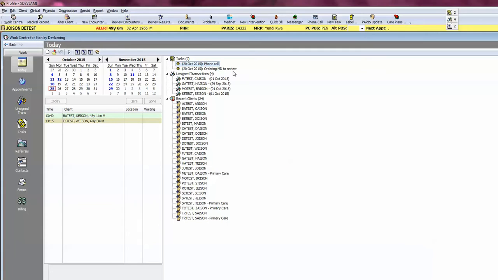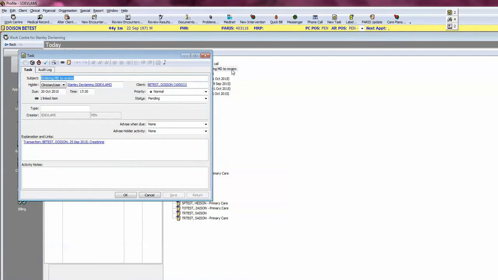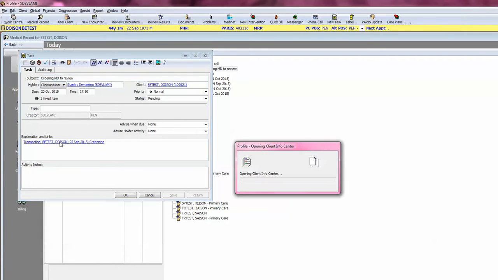My next task is ordering MD to review. So I could single click on it and then right click to open it. Instead, I'm just going to double click, and that'll open it as well. This says that the ordering physician is supposed to review this. This is a standard and very common task that you're going to run across. And here in the explanation, I've got a link, which is much better than an explanation. I'm going to click on the link,